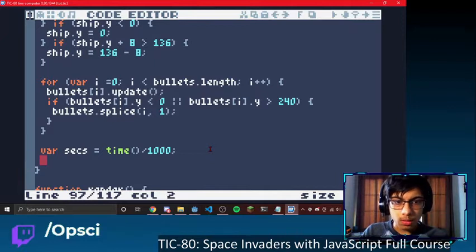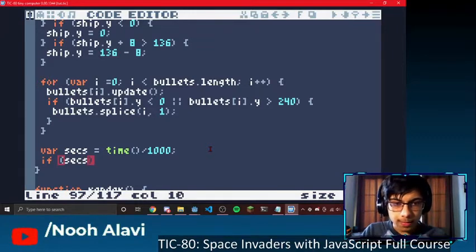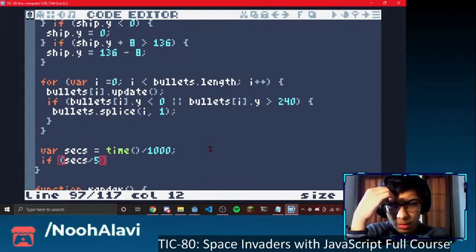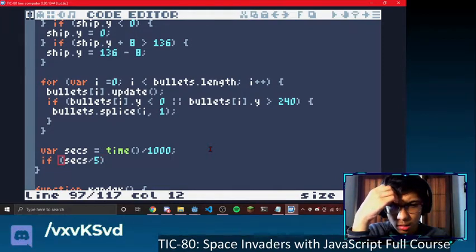So what we want to do is check if the seconds divided by 5... wait, am I doing this right? If seconds